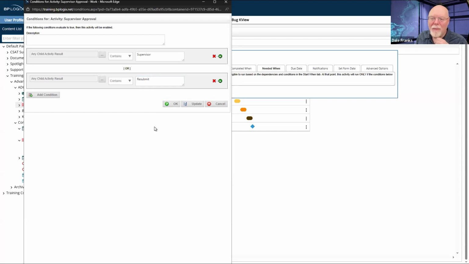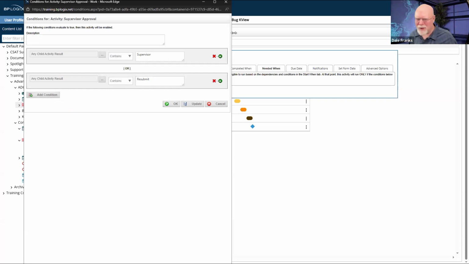So now I've got a condition so that the very first time it runs, we're going to, well, I need another result. I do need it to run on the first run through. So I'm going to need to change these conditions around.